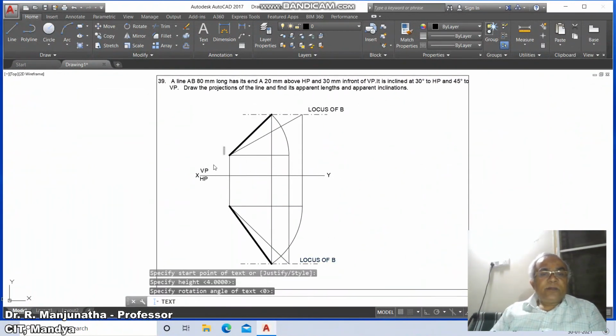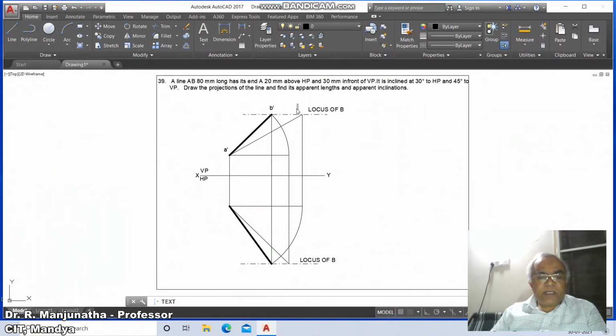Here you type A dash, and this is B dash, this is B1 dash, and this is capital B, and this is capital A, and here you will have small a, small b, B2, and here B2 dash, and here B1.